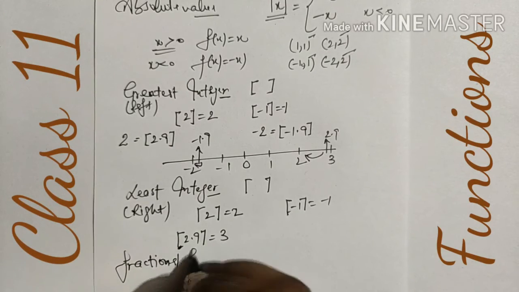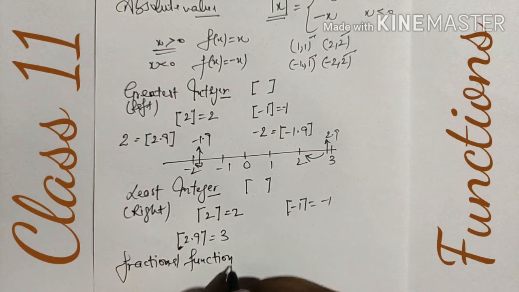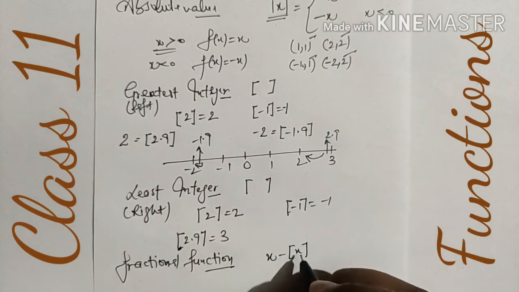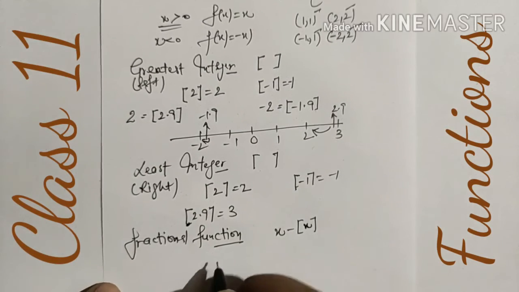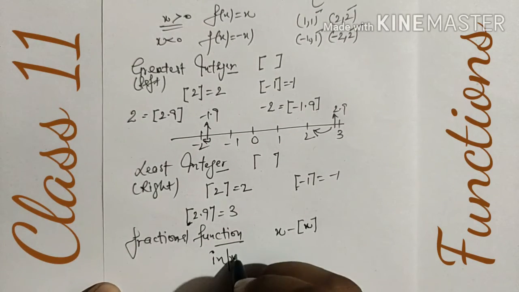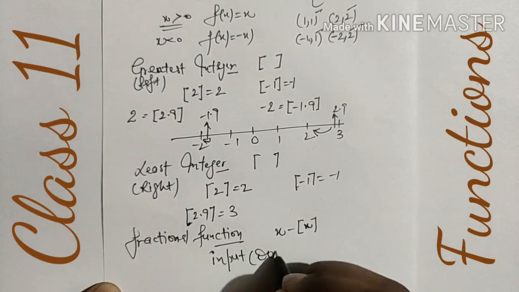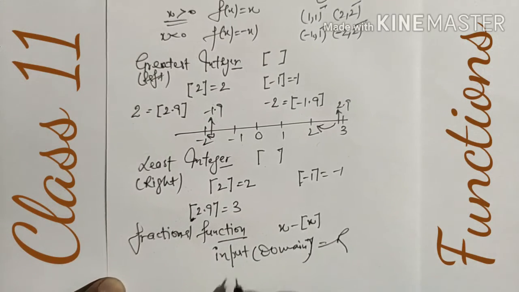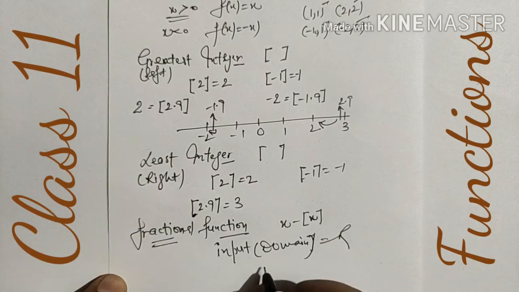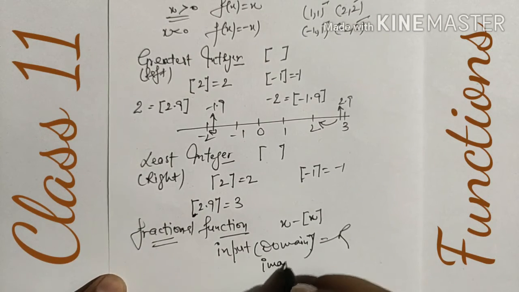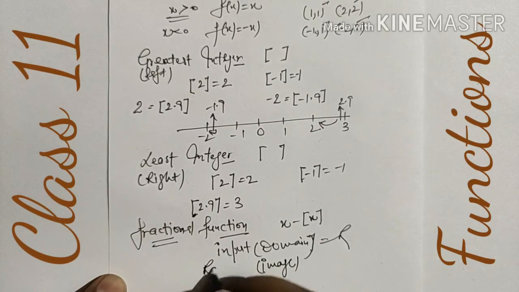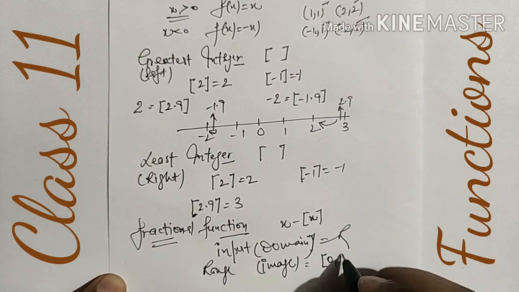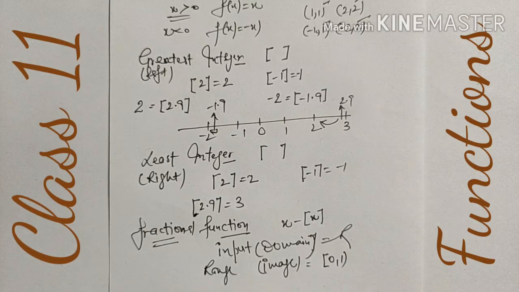Next is our fractional function. It is given, as the word fraction suggests, by x minus greatest integer of x. This function type is a fractional function, as the word says. The answer should be a fraction. Input, we know the domain is always real numbers, but the output is like a fraction. As you know, fraction means lowest value 0, but it cannot be 100%, meaning less than 1.